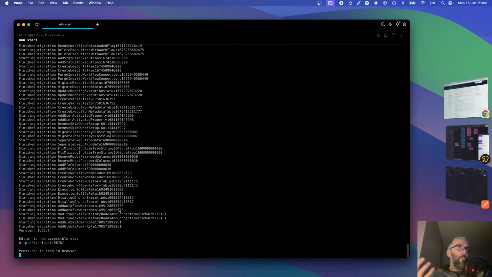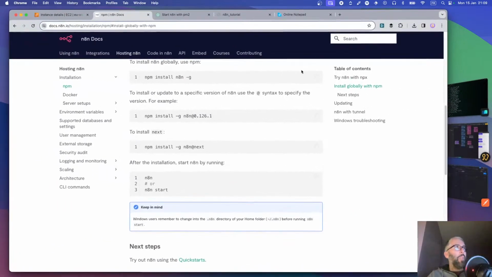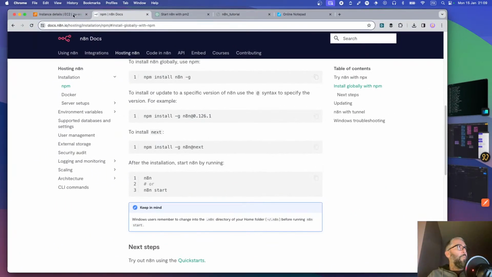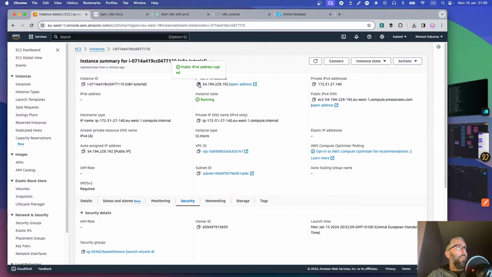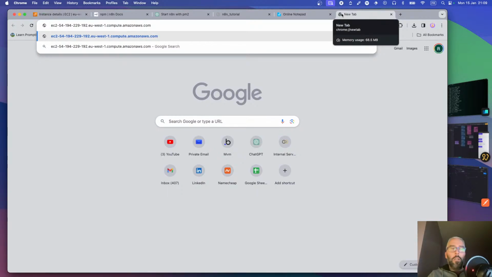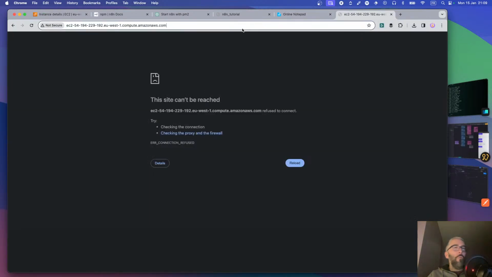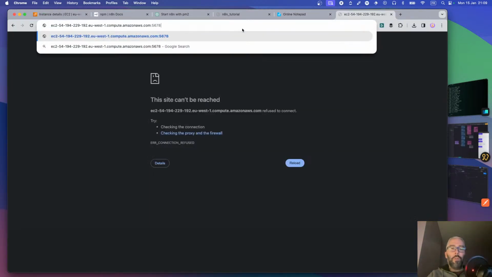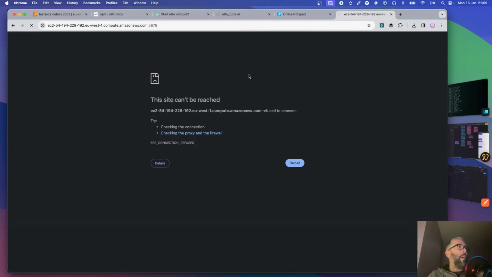And so when I was trying to get in, it was telling me, oh, you should have a username and password already. And I didn't. So it's saying it's on localhost 5678. Obviously, that's not the case because it is actually in the localhost here at IP address 5, whatever, blah, blah, blah. So we can use this public DNS address, I think. And then we do .5678. It's probably going to tell me I don't have access to it because I didn't open the port in